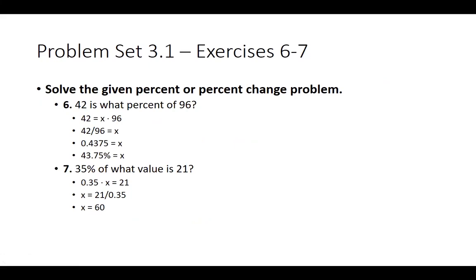In numbers 6 and 7 here, we want to solve the given percent or percent change problem. Number 6 asks, 42 is what percent of 96? We translate this directly. Is equals. Of is multiplication. What percent, our unknown, is x. So we have 42 equals x times 96. We can solve for x by dividing both sides by 96. 42 divided by 96 calculates as